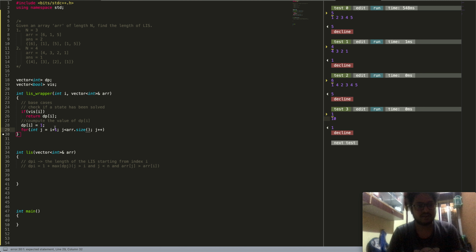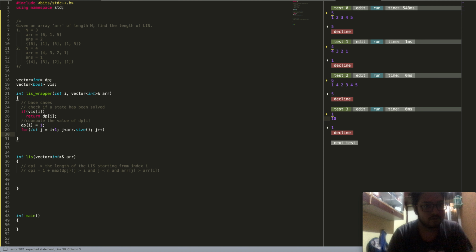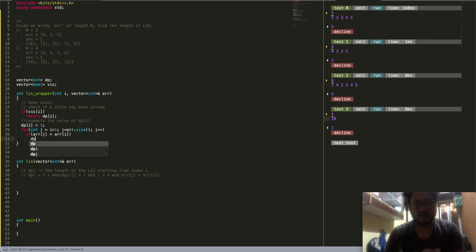You can choose to define a variable n if you want to for your convenience, but in this case I'm just going to iterate between I plus 1 and arr.size, because arr.size is nothing but n itself, the size of the array. Now I will check if and only if arr[j] is greater than arr[i], I am going to update DP of I as DP of I equals max of DP of I, comma 1 plus